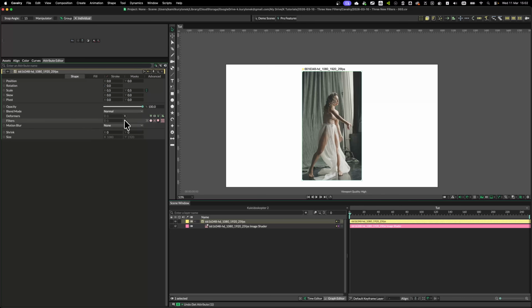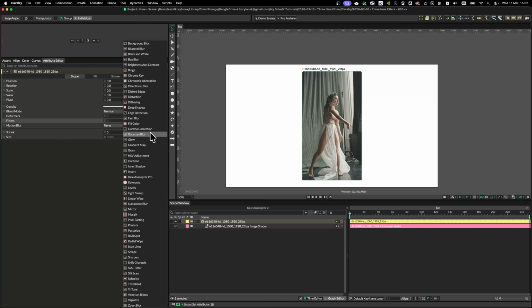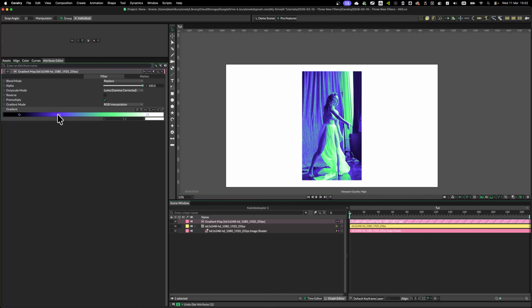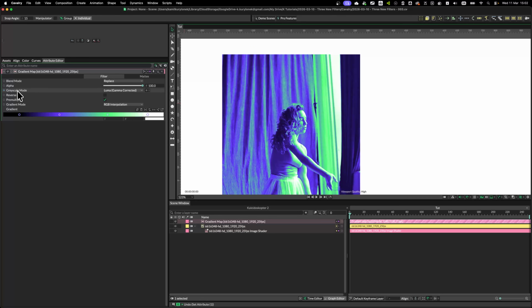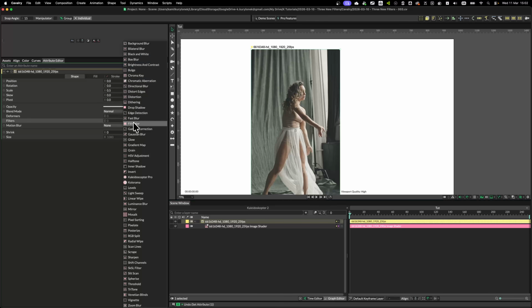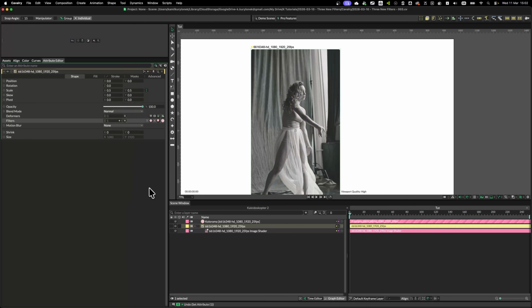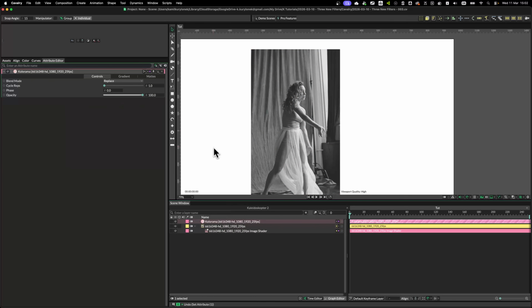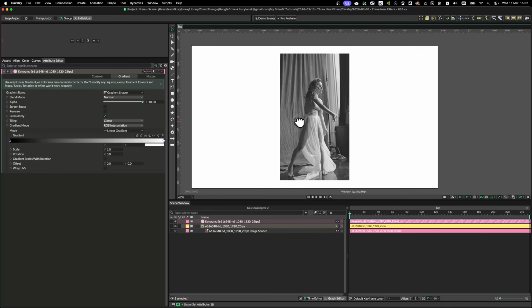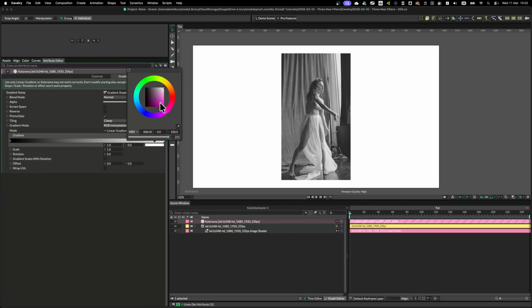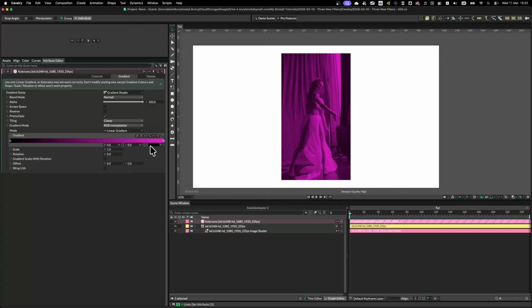Now let's look at the second filter, and this filter is called Kolorama. It's very similar to Gradient Map. Gradient Map simply remaps the colors of our image according to shadows, mids, and highlights, using these colors. Kolorama is similar, so when you add it, the image will turn black and white, and we have the option to add a gradient. So let me change the color slightly to see what is going on,